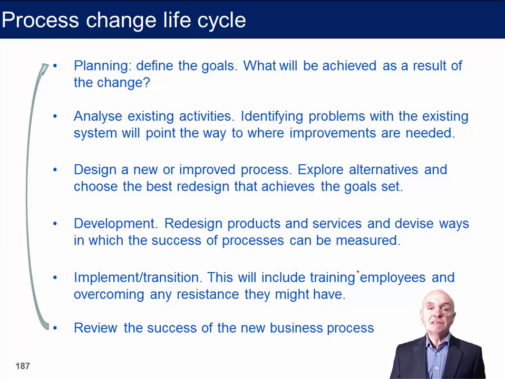The first thing to do is to analyse existing activities, identifying problems with the existing system. So if we were wanting to offer people a way of customising the product over the internet, and we find it very difficult to customise the product at the moment, then putting an interface on the internet in front of that isn't going to make it any easier. We would have to think about reorganising the way our inventories work, and the way our construction and manufacturing works. So some sort of flexible manufacturing system might be needed as well.